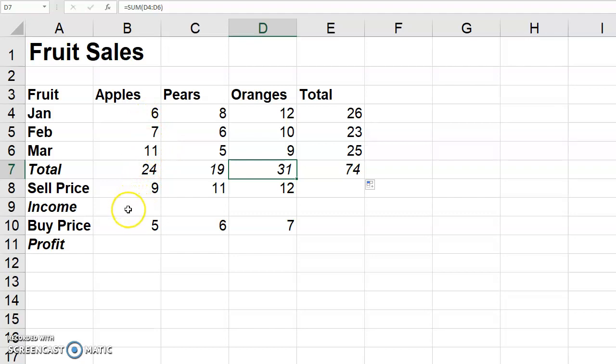We're going to now look at the income. So we sold 24 pieces of fruit, and each apple was sold for 9p, a pear was sold for 11 pence, and an orange was sold for 12 pence. So it'll be a simple multiplication calculation that we're going to do: 9 times 24 for the apples, 11 times 19 for the pears, 12 times 31 for the